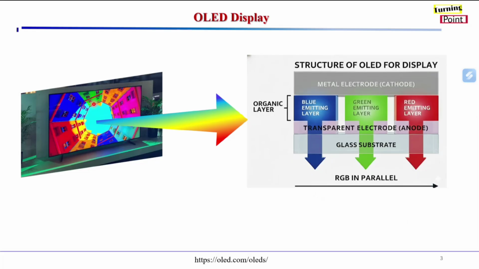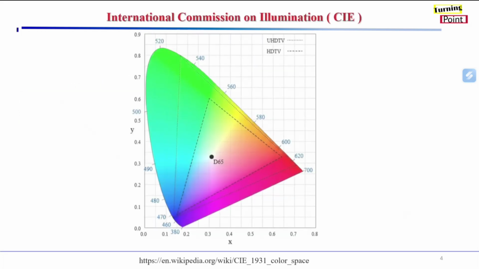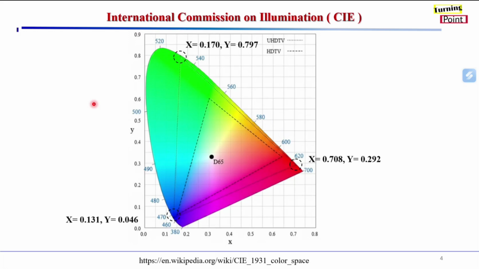So when you talk about color, it is important to define what we actually mean by these three primary colors. According to the International Commission on Illumination for ultra high definition display, the red color lies at the CIE coordinate value around 0.708 and 0.292, where the green color lies around 0.17 and 0.797. In this region, both the red and the green emitters are nowadays commercially available with high color stability, high color purity and stability. But in the case of the blue emitter, which lies around 0.131 and 0.046 in CIE coordinate value,